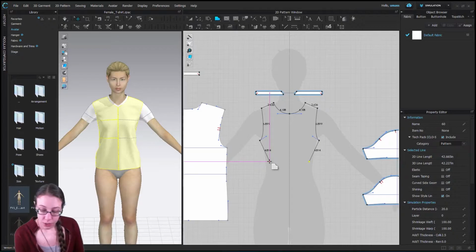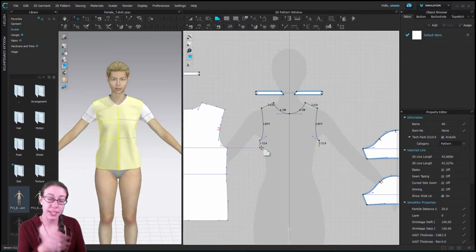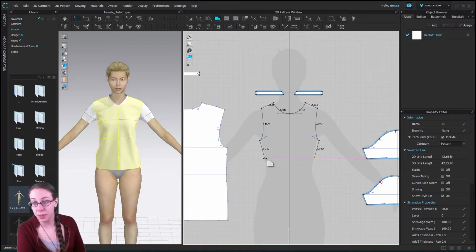Also, these are called Bezier curves. Bezier. It's French, so I have to practice it. Bezier curves. And that's this particular type of curve, but there's also another way to draw in CLO, which is